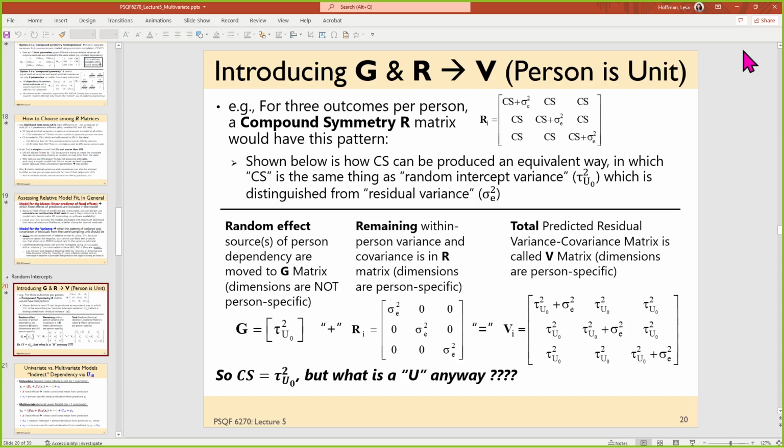And random slopes then introduce heterogeneity of variance as a function of a predictor, but they also introduce a further source of dependency. So like if people change differently over time, then you also need what's known as a random slope for time that allows each person to have their own deviation from the growth rate of the sample, and that introduces a second layer of dependency in how their outcomes are related to each other, beyond just the intercept. So it gets more complicated, but that's the other classes, point being. Random effects for dependency, that's my tagline. How's that? Latent variables.